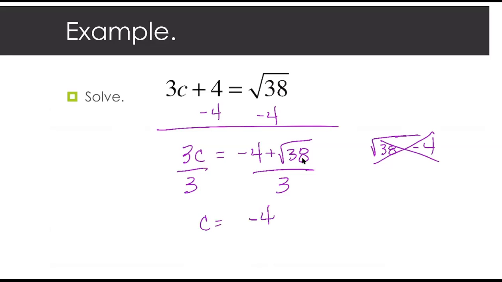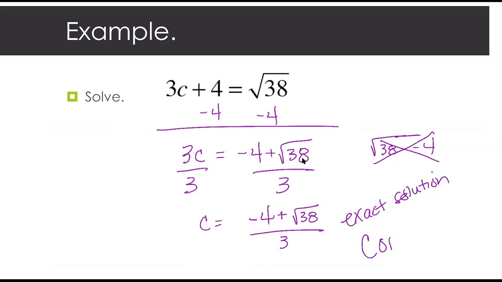And then the solution that we got here is what we would consider our exact solution. So it's exact. We have not rounded anything. We didn't plug anything in our calculator and get an approximation. So that would be an exact solution. If we type this in our calculator and we get a decimal approximation, that would be an approximate solution. So again, you would need to see what kind of solution they are asking for in the WebWork. Are they wanting a decimal or are they wanting an exact? Again, we got a solution, so this would be considered a